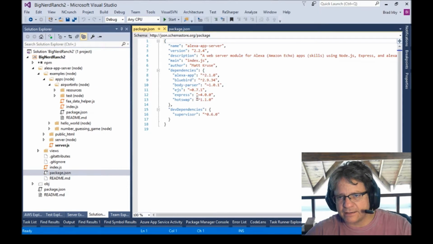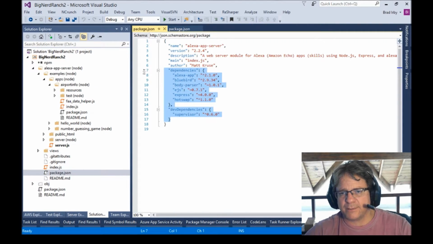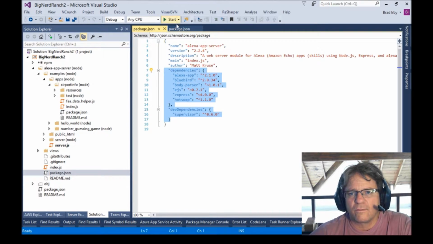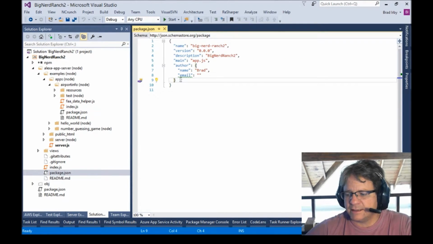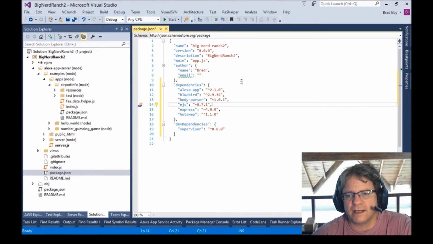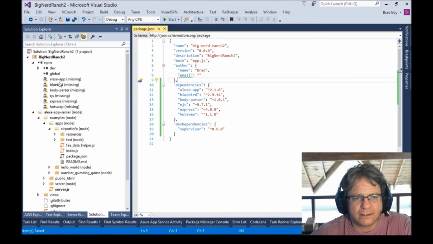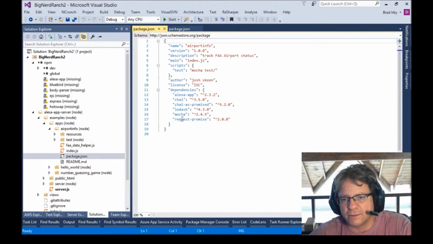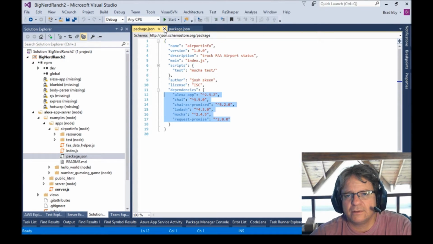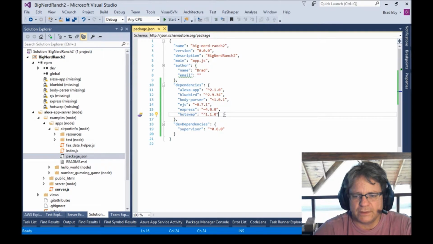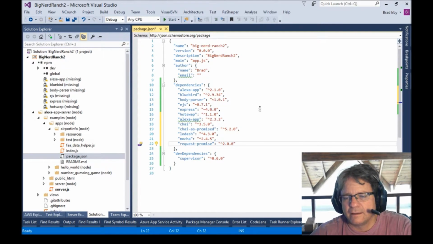So here are the dependencies for the app server. So we're just going to copy this out here, and we're going to paste these in right here. This is our top level. Okay, and if we save, then we'll see there are packages right there. Now we also need the packages necessary for airport info. So we're going to come in here, and this time we're just kind of grab those. So we'll copy those, then we'll put these in here like that,